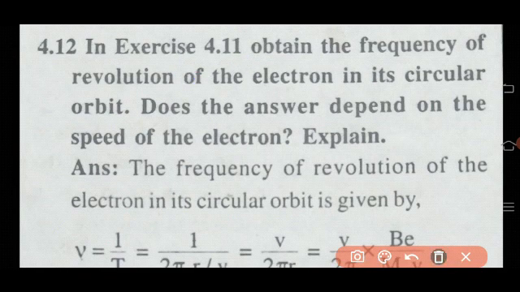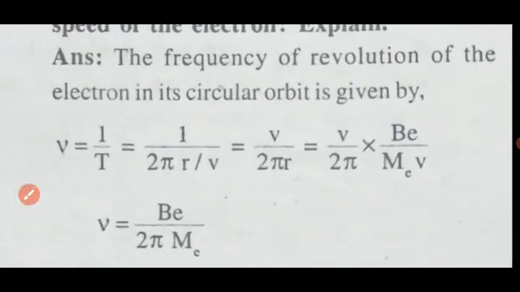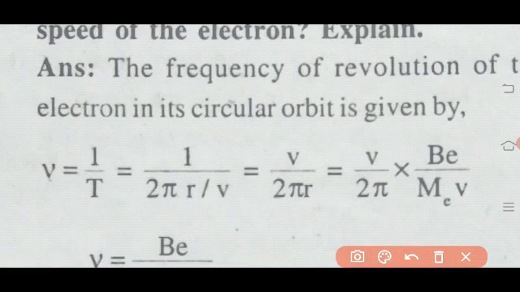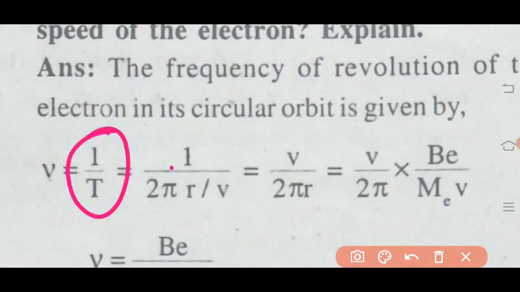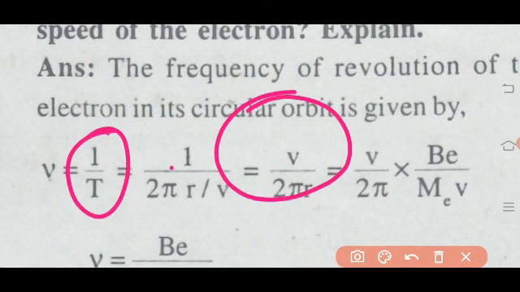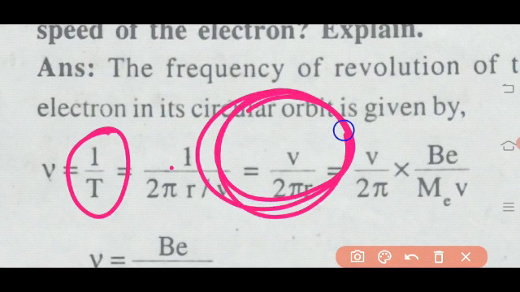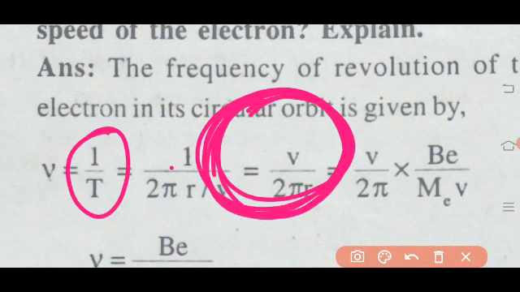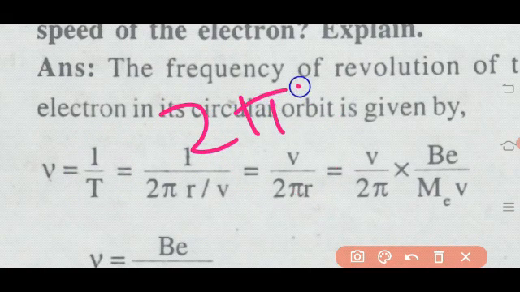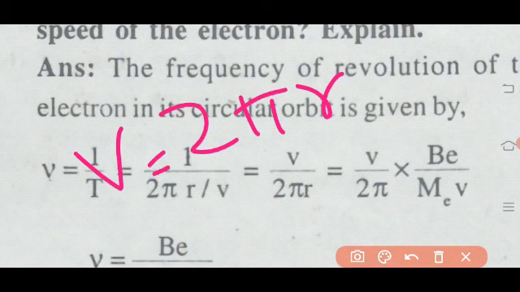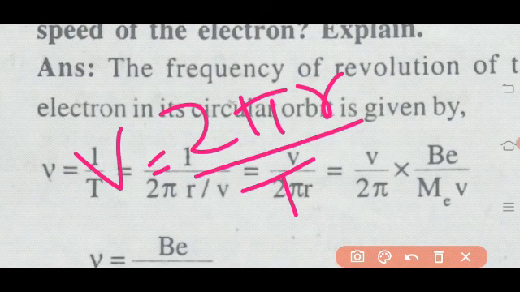So how do we find the frequency? We know frequency, nu, is nothing but the reciprocal of the time period, 1 by T. If the object covers one round, one circle, one rotation, what is the total distance it covered? That is 2 pi r. What is velocity? V equals distance traveled by time taken. Here the total time taken in one revolution is the time period. So v equals 2 pi r by T.